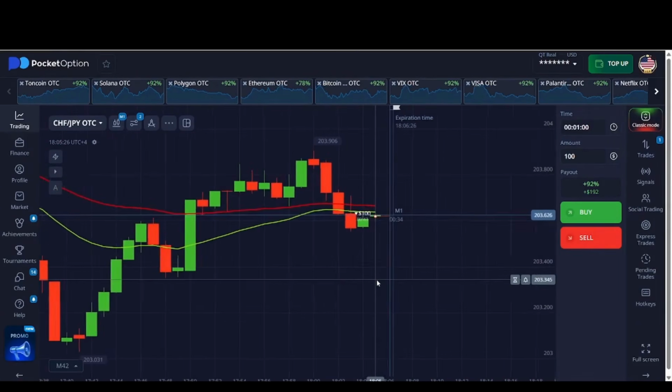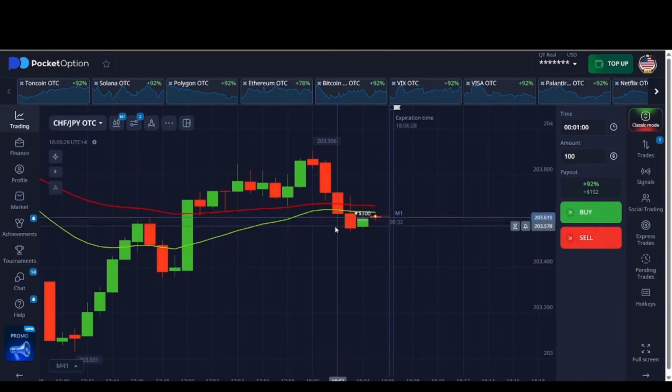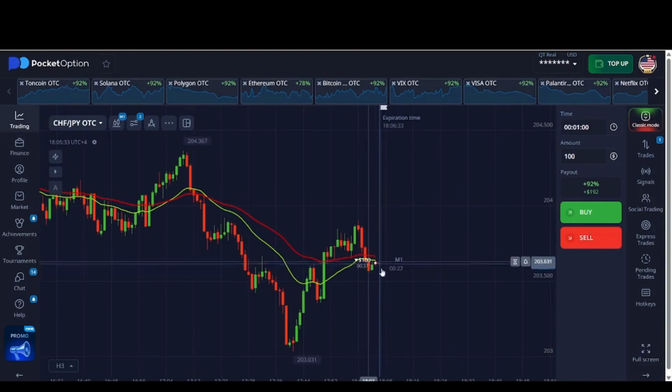You can see that when the candle breaks the moving average, after that, you can see a retracement candle, and then you can proceed in the same direction. So let's see how our trade goes. It was going very well. Okay, this was an OTC market trade, so maybe you can see some errors, but